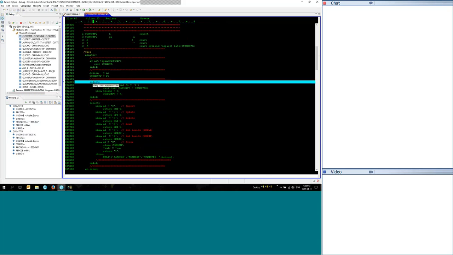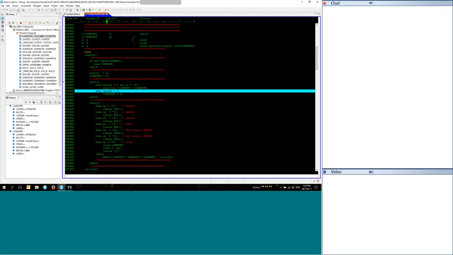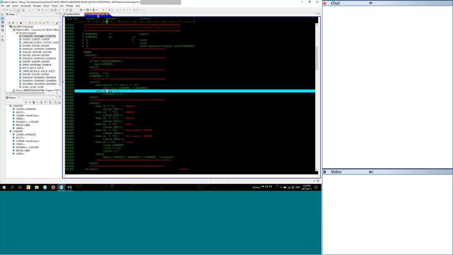The first thing I do is I select, when there are two parameters and A1 is a D, that means I'm trying to delete something. When parameters are 3, it means I've passed through a key. Now, if I go back, you will see I actually only use parameter 1 and 2. I'm not passing through a key because I'm doing an insert. And that insert assumes that the key will be in the record. So I'm going to do an insert, assuming that the key is part of the record,